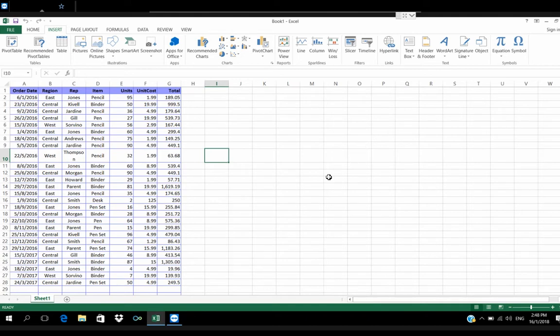Now I'm going to show the slicer with a table. As you can see, this is a piece of data and I'm going to insert a slicer.